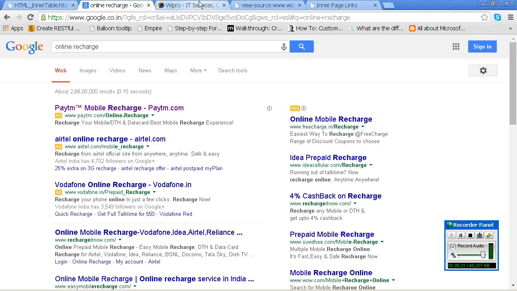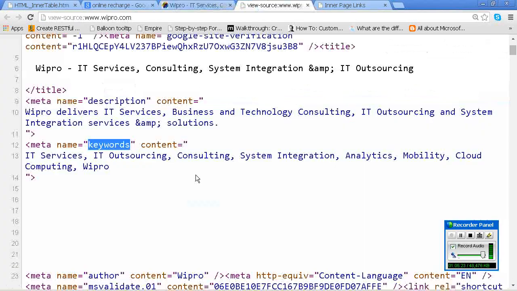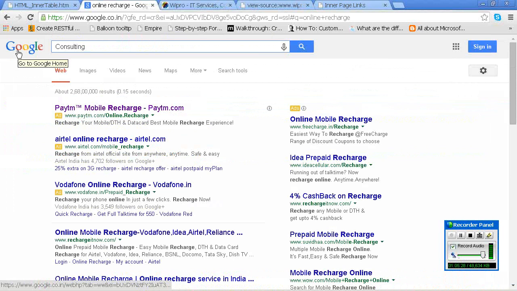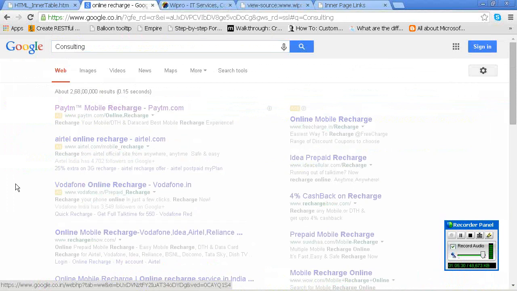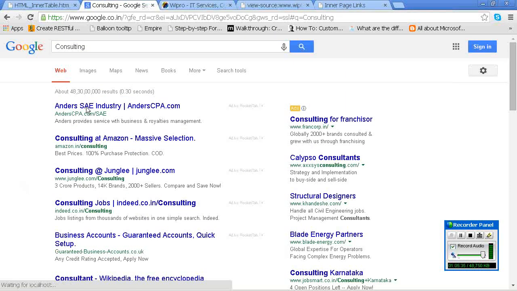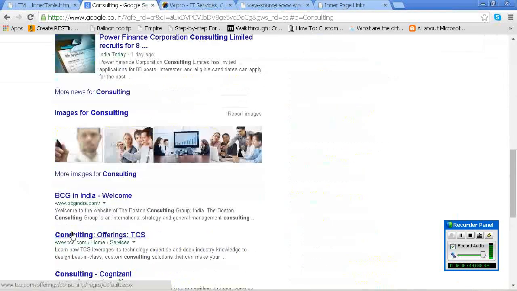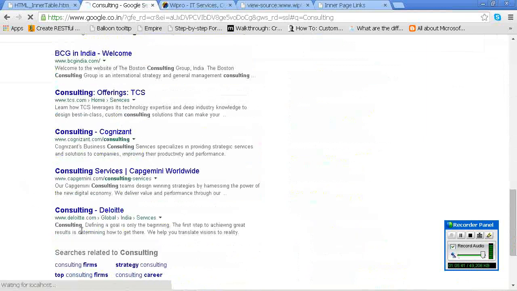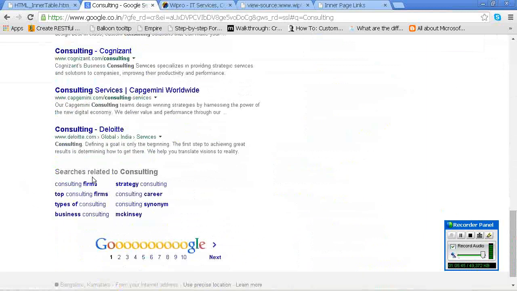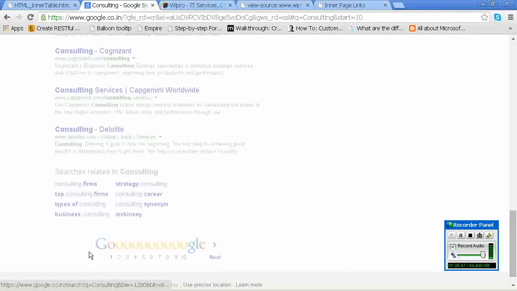You can see what these people have given. If you search on Google for consulting, a lot of companies are coming rather than Wipro. But definitely Wipro will be available within this list. It will definitely contain it.